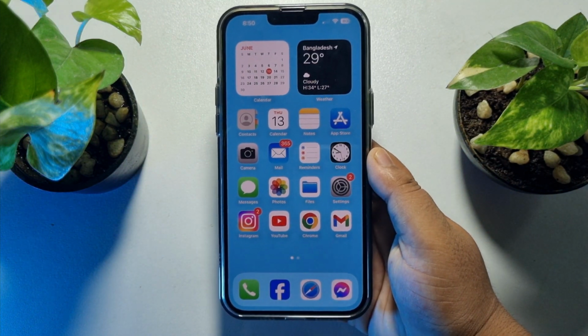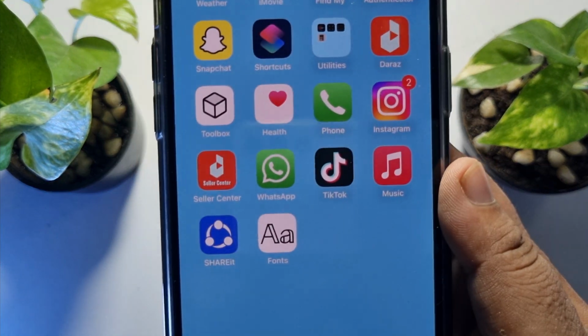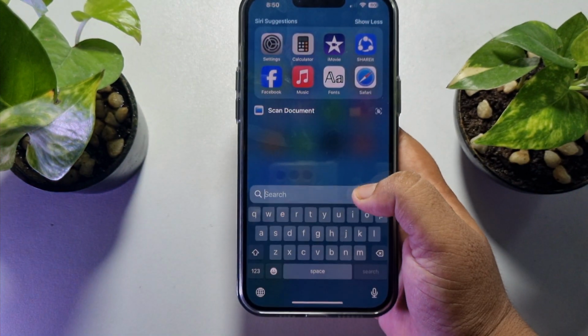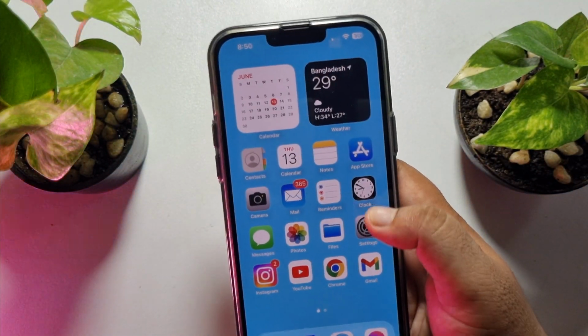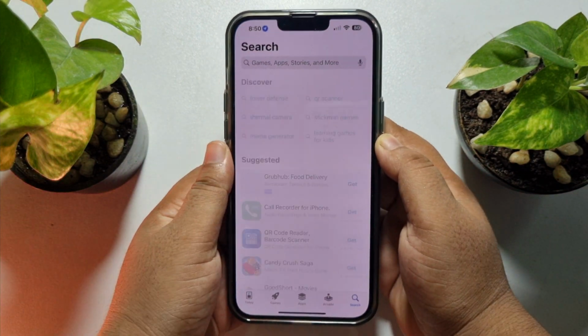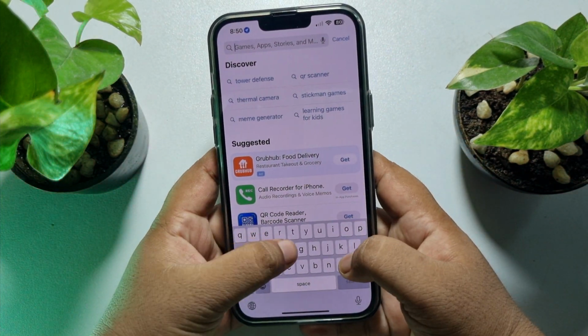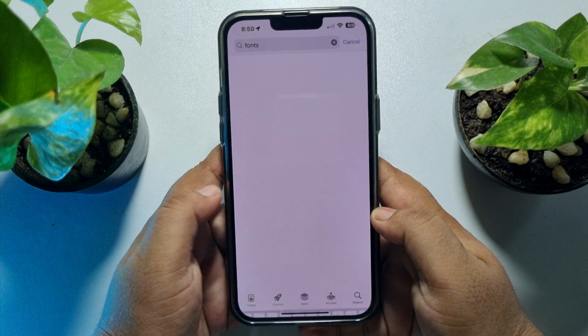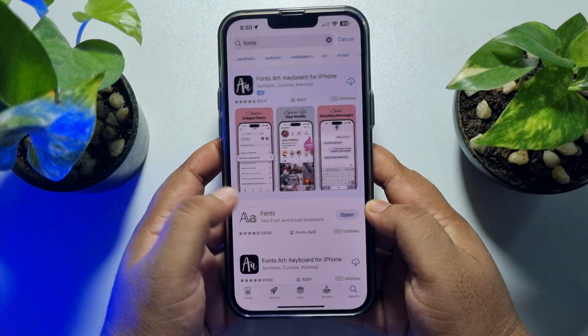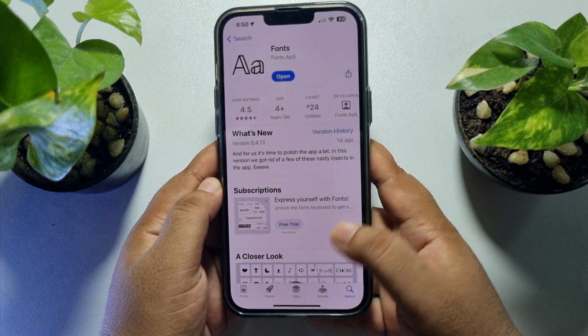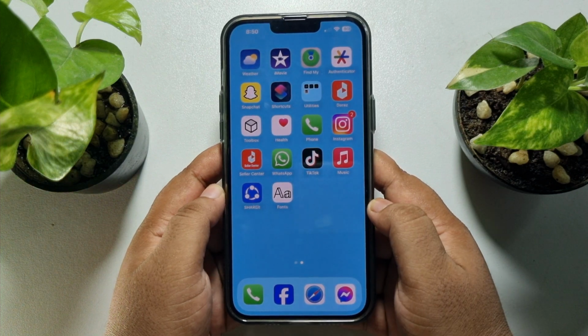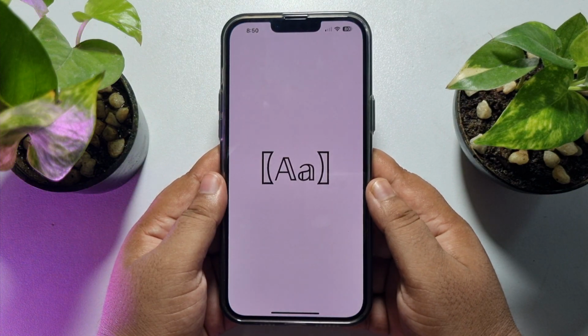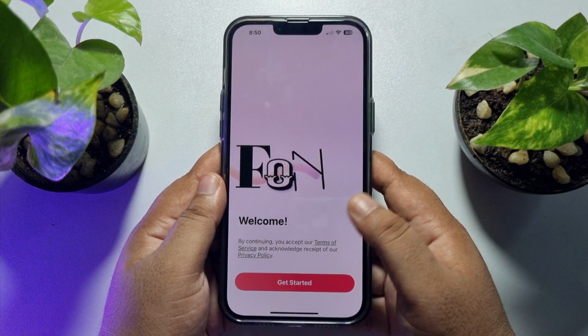First of all, we have to install this fonts app in our iPhone. So go to your App Store and search for fonts and just install this fonts app. And once the fonts app is installed, open the app and tap on get started,